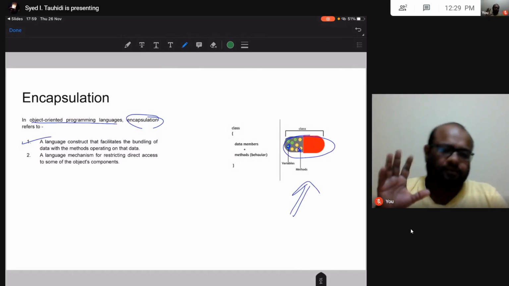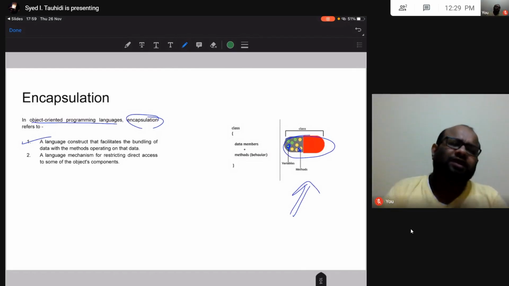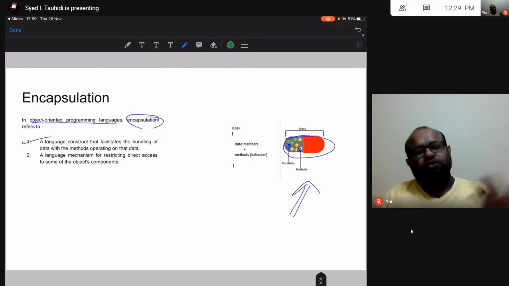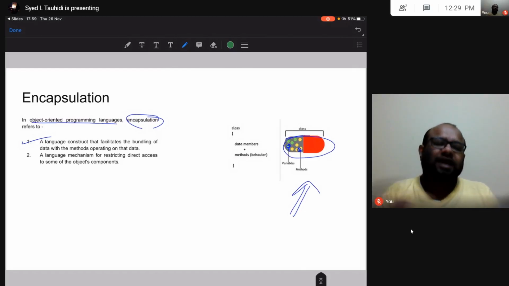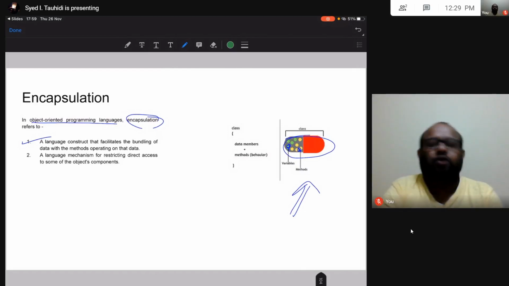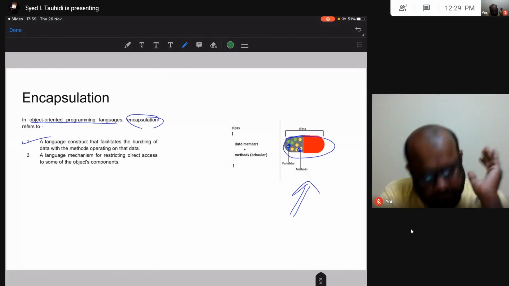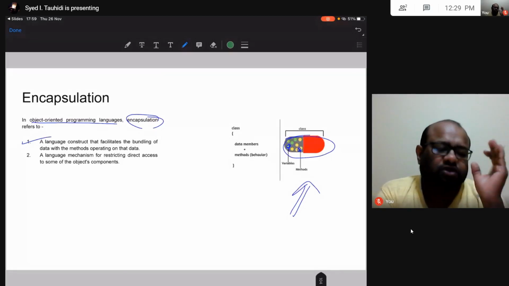The data will be in some array or struct or normal variable, and there will be functions that act on this data. This data and the functions that act on it should be bundled together into one unit, one block of code. That is one perspective of looking at encapsulation.